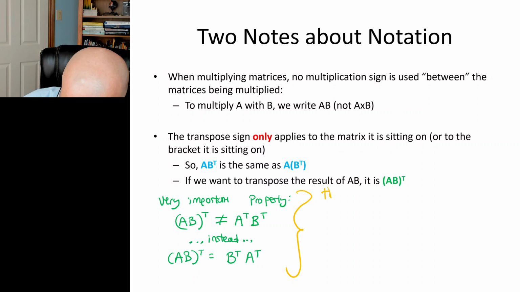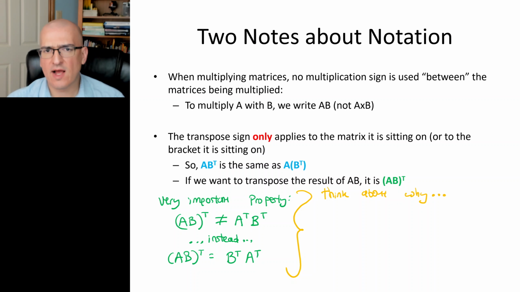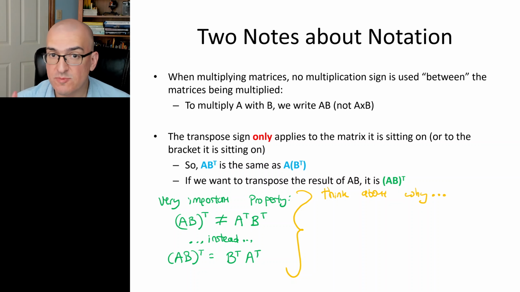Think about why. Why is it that if I take two matrices and multiply them together and then transpose that, it's not equal to the first matrix transposed times the second matrix transposed? So I'm not going to prove that in terms of the I and J notation. I'm just going to motivate it with an example. Suppose